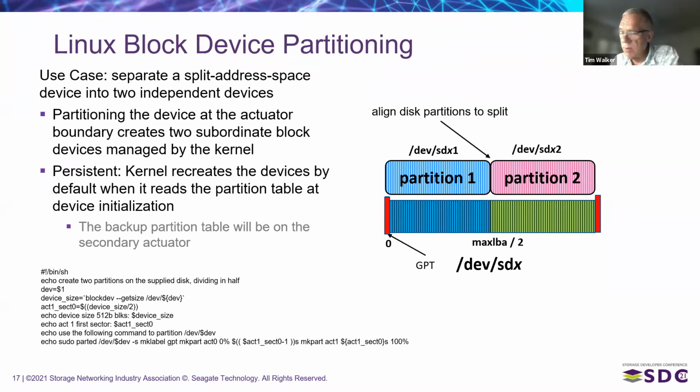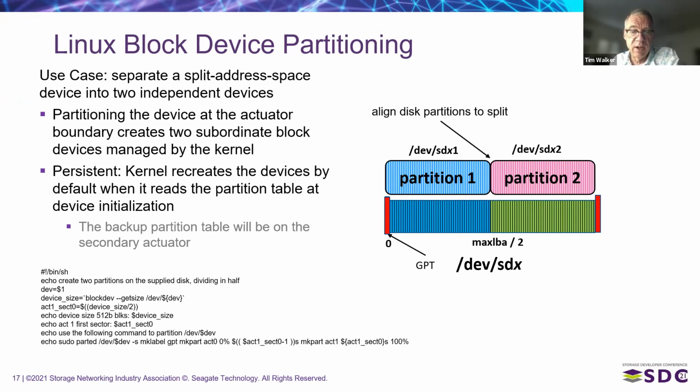But most of the time, we really want to actively manage where the IO is going. And so the simplest way that everybody knows how to do is partition the drive. You partition it at the actuator boundary, and those two partitions show up as two different partitions in your system. Then you can build file systems on them or consume them raw, whatever you need to do. Linux does not manage queue depth per partition. Linux manages queue depth per device. So everything we talked about before on BFQ,